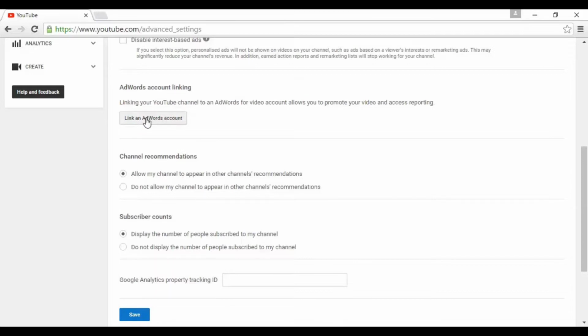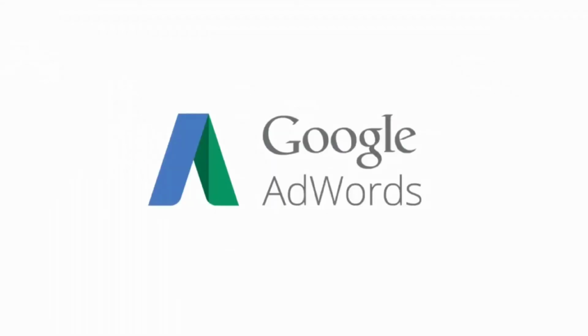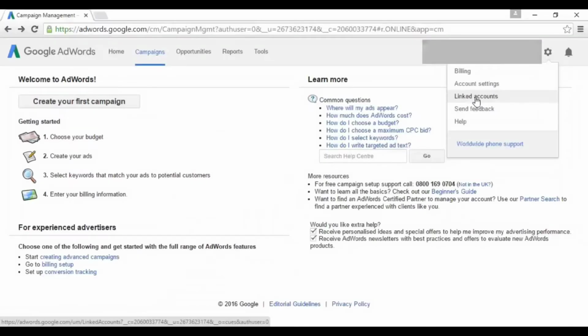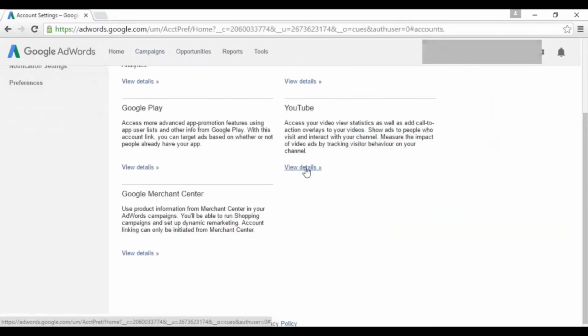Of course, before you do this, you'll need to sign up to AdWords and create an account. Alternatively, you can link your YouTube channel from within AdWords. To do this, you need to sign into your AdWords account and then come up here to where this little cog is and click on that, and then come down to where it says Linked Accounts and click on that.